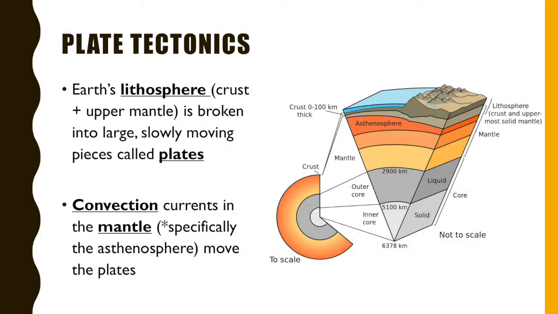Here's some background. If you remember from a couple weeks ago, we talked about the Earth's layers. The upper layer is called the lithosphere, which is made out of the crust and the upper mantle. The lithosphere isn't one whole smooth shell. It's made out of broken pieces that are really large and slowly moving. We call these plates. Convection currents occur in the asthenosphere, and these currents move the plates, which kind of float